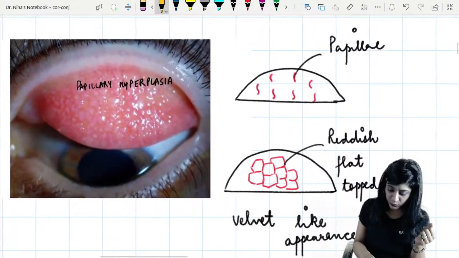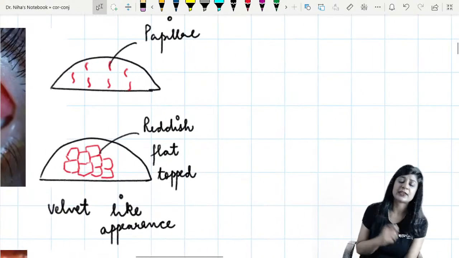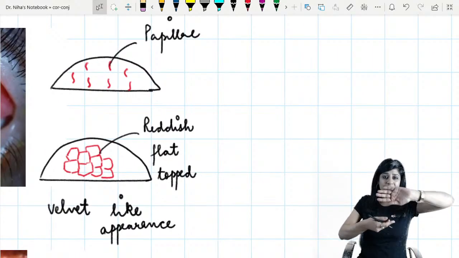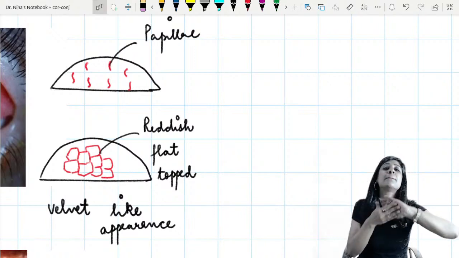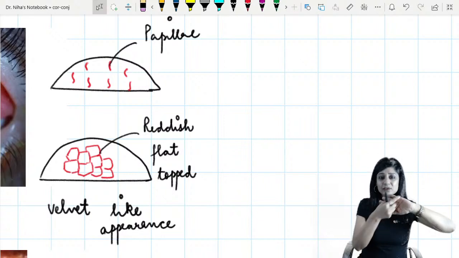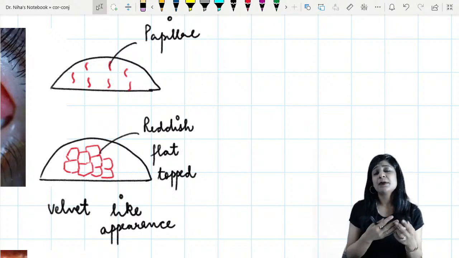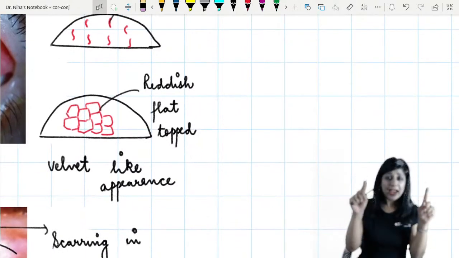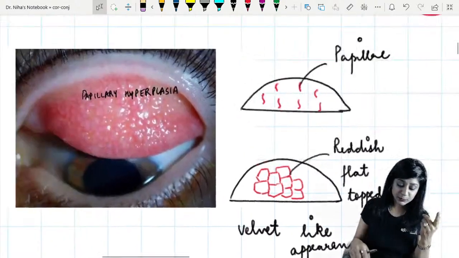Now most of the students have some confusion. What is papillary hyperplasia? First of all, try to understand what is papillae. So when you invert the eyelid, you have the blood vessels there. These blood vessels are called papillae. So when we have the hyperplasia of these papillae, they will become something like this, radish, they are flat topped, they are giving a velvet like appearance, a beautiful